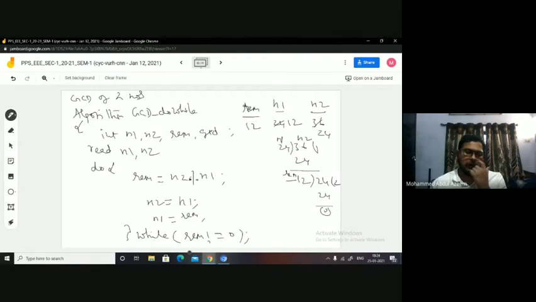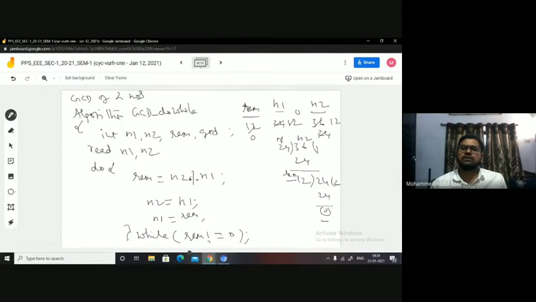Got it? And then you are checking remainder. Remainder 12 is not equal to 0. So you will be again allowed inside to go for the next iteration. There, what you are doing, N2 mod N1. What is N2 now? 24. What is N1 now? 12. N2 mod N1 means 24 by 12. The remainder that you get out of it is 0. Right? Now, what are you doing? You are assigning N1 to N2. N1 is 12, that you are assigning to N2. So N2 value is 12 now. Remainder is assigned to N1. What is remainder? Remainder has become 0 here, right? That 0 you are assigning to N1. So N1 value is 0 now.